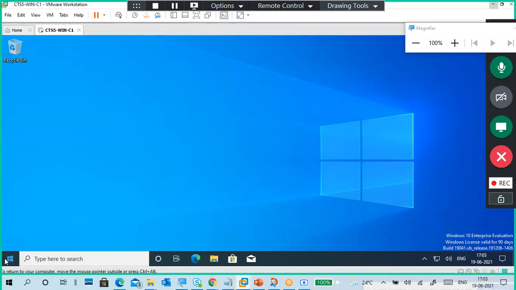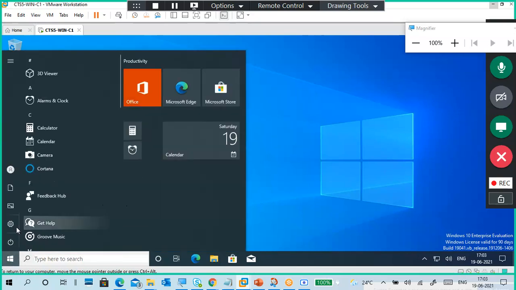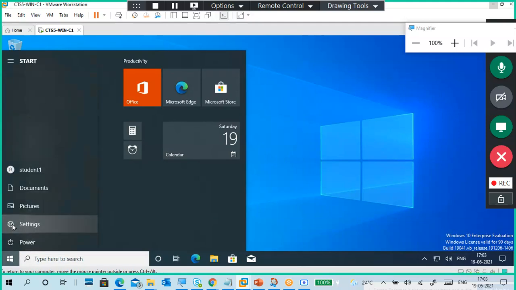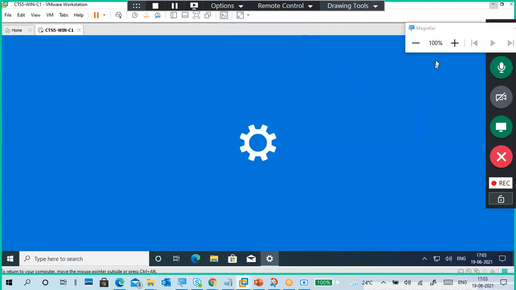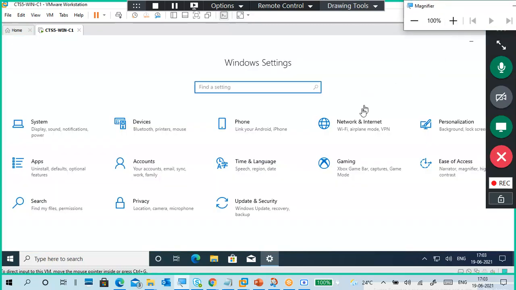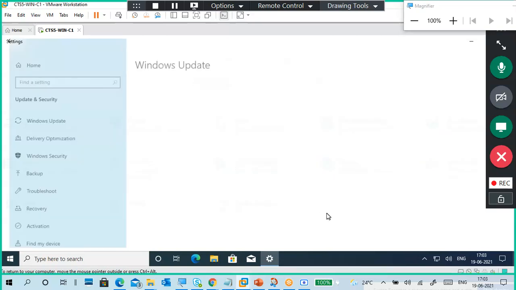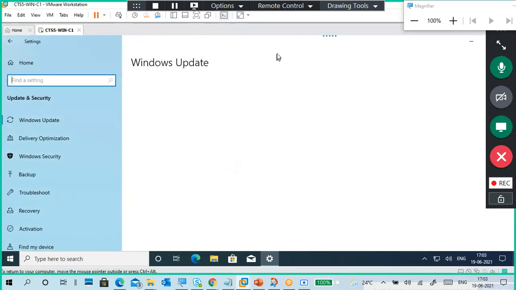Another option I will tell. Another important feature in Windows 10: I'm going to Settings, Update and Security. Guys, we didn't stop this update immediately after installation of Windows 10, right? So definitely in the backend it is getting updated.